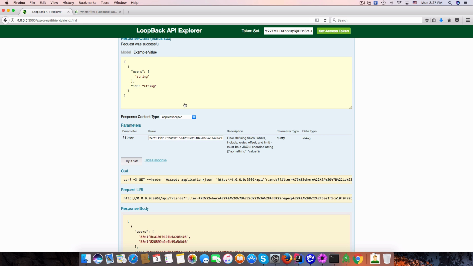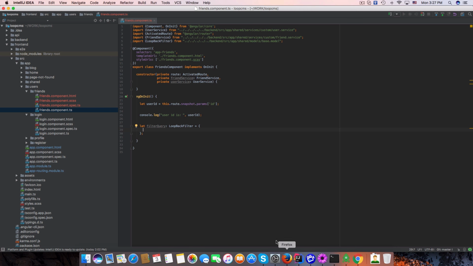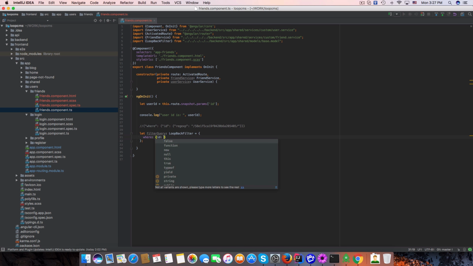So let me copy that and we can see. Okay, so we do have a where with objects. Now it should be ID and should be an object with triggers express. PHP. Okay, let's copy that and return with a